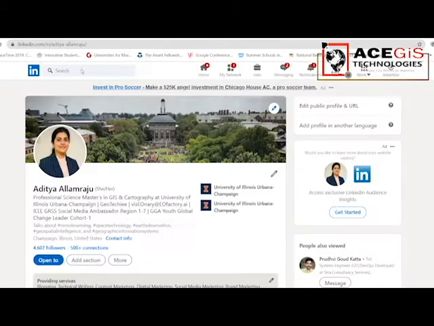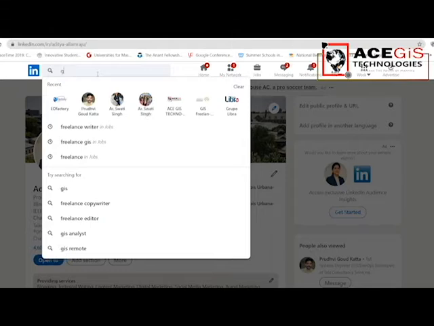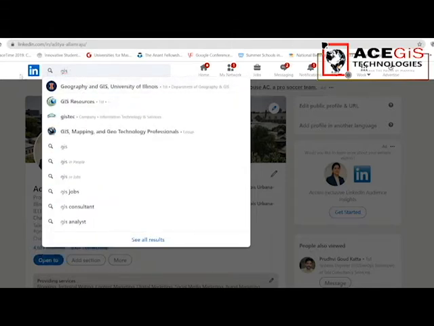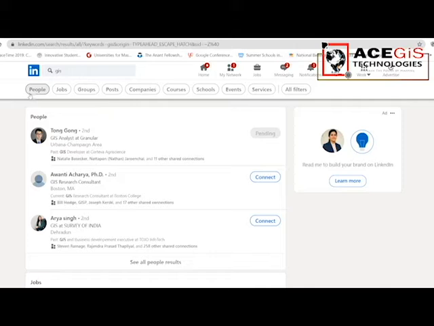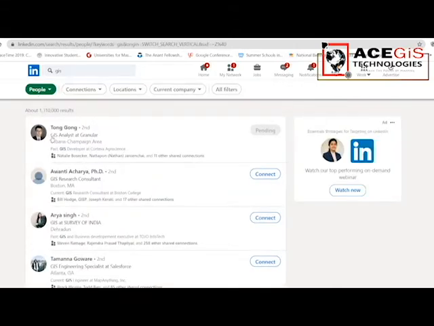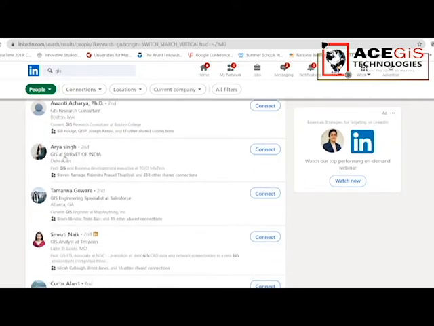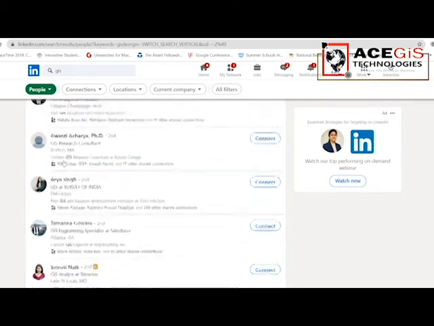So networking is an important thing. You can start your networking by using different hashtags related to GIS. For example, if I type GIS, you get to see all your results. You can see GIS in people. Whoever has mentioned GIS in their bio, those all get you in the list, and you can check with them. If they have a great profile, you can connect with them and start networking with them and